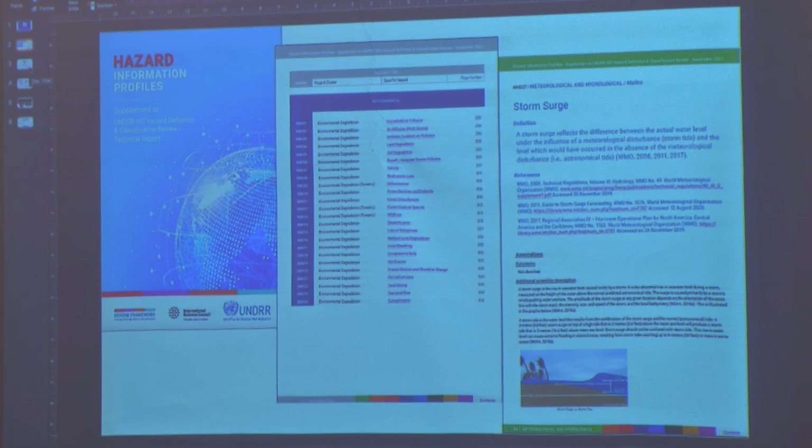Because UNDRR is a non-resident, non-operational UN agency, we rely very much on our global network, perhaps even more so than other UN agencies that I've worked with, where UNDRR has cooperation agreements with all the national space agencies that are providing Earth observation information.